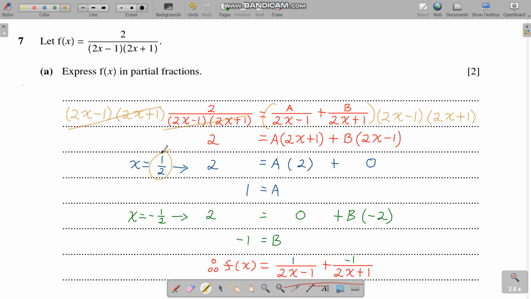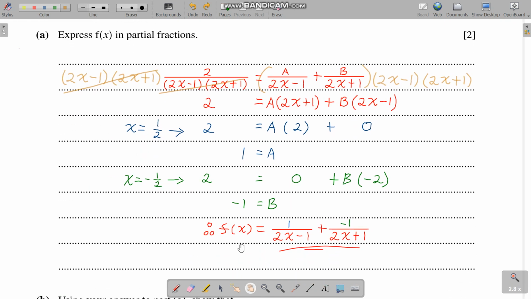So we plug in 1 over 2. So if we plug in 1 over 2, there's nothing to plug in on the left. On the right, we plug in 1 over 2, we get 2, and here if we plug in 1 over 2, we're gonna get 0. So we say that this term goes to 0 because 1/2 is the 0 of 2x minus 1. So actually that's how we find 1/2. That's by solving 2x minus 1 equals 0, we get 1/2, right? So again, we can find the a here,